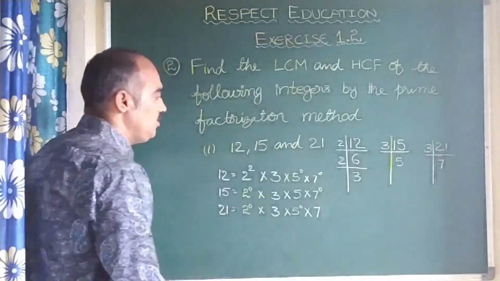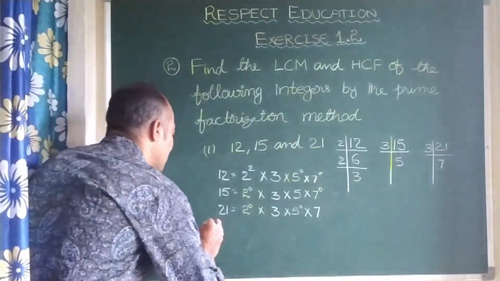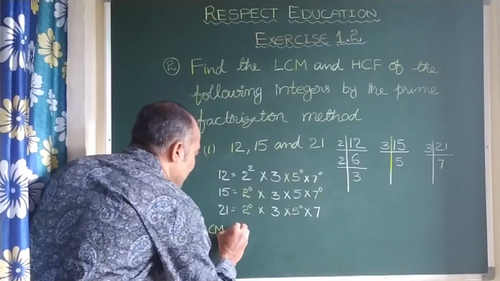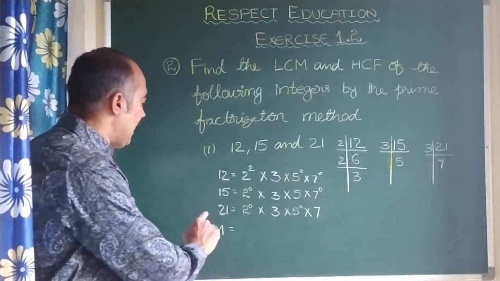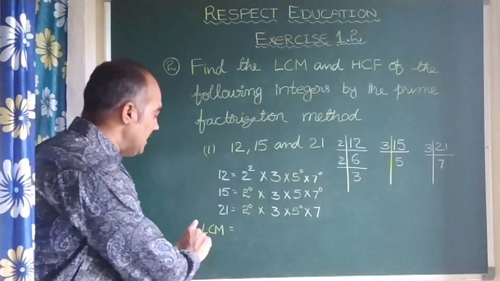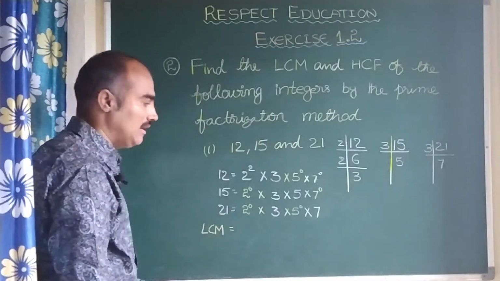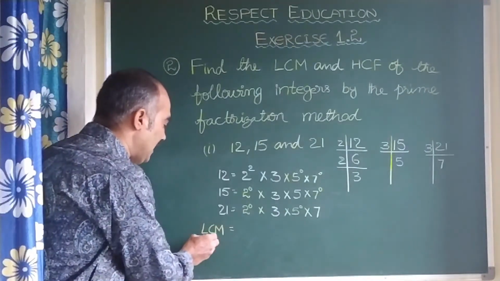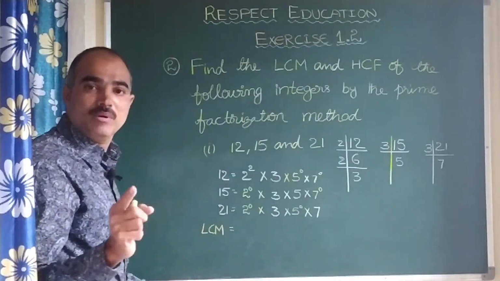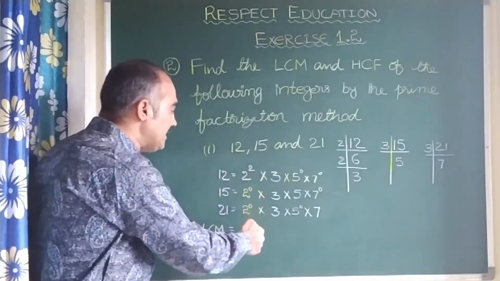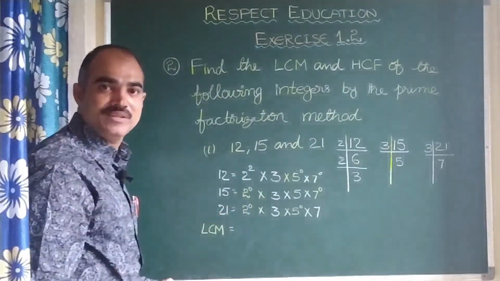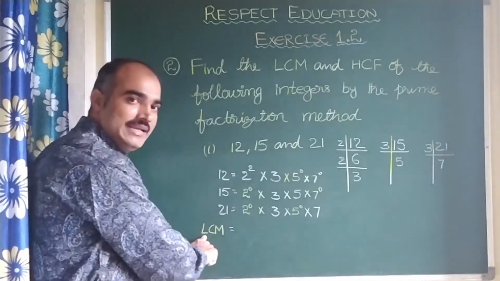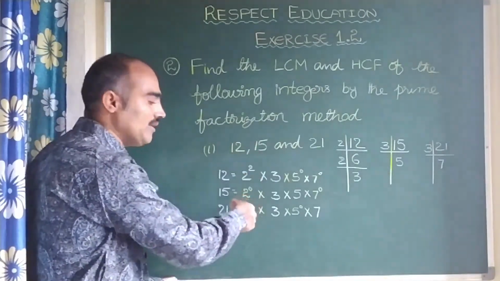Now I am telling you how to write LCM and HCF also, children. See, first I will write LCM. LCM full form is least common multiple. In this name, L refers to least. But you remember, children, here it takes the highest powers. Try to understand. It is just vice versa, means reverse. L for least, but you should take the highest power.